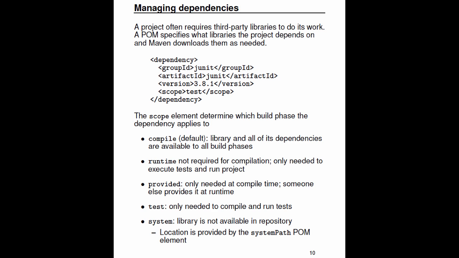And here again, JUnit is scope test, but there are other kinds of scope. There is the compile scope, which is the default, which means that library, that dependency, and all of its dependencies, right? This is transitive dependency. Like JUnit might use something else, and it'll bring in all of the stuff. It'll do all the analysis for you. And when you have the compile scope, that library is available to all build phases. So, like for instance, in the projects that you'll be working on that leverage my code, like for instance, student or your project one,